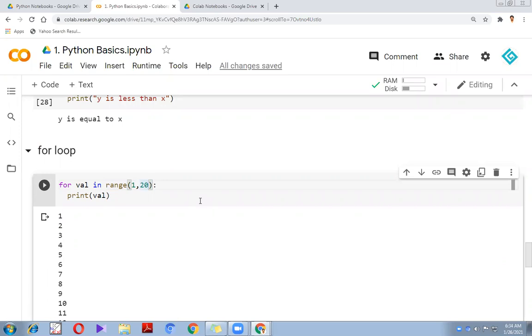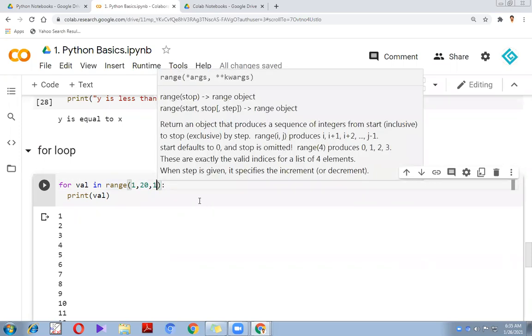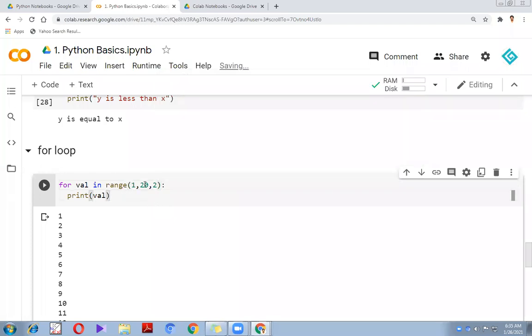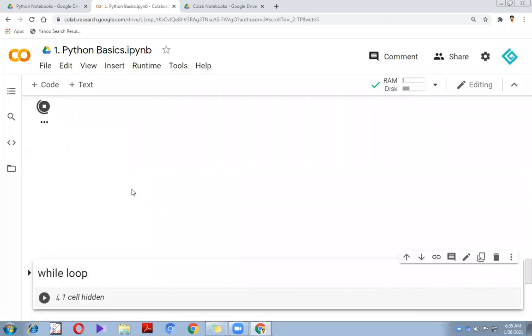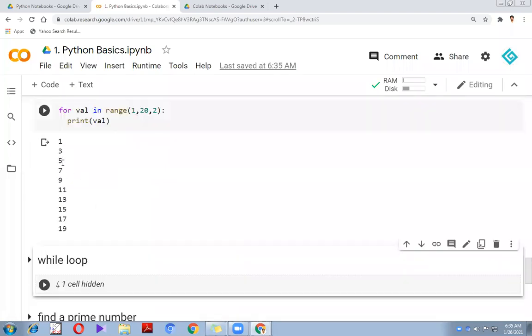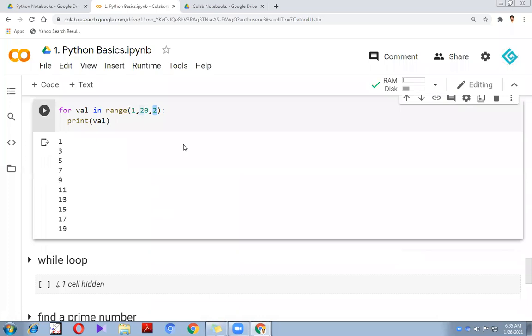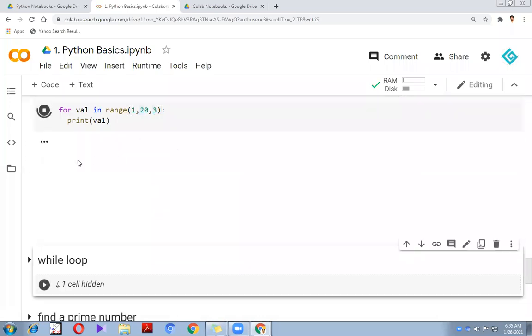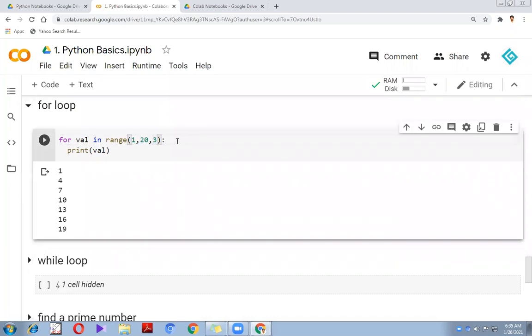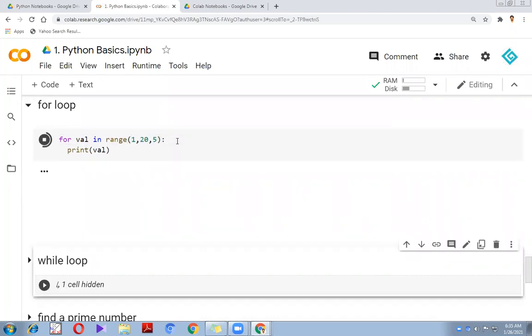If I want to skip, so instead of 1, 2, 3, I want 1, 3, 5, like that, how to do it? Let's see, range(1, 20, 2). So 1 3 5 7 9 11 13 15 17 19. It's skipping two, step equal to 2. Step equal to 3 gives 1 4 7, step equal to 5 gives